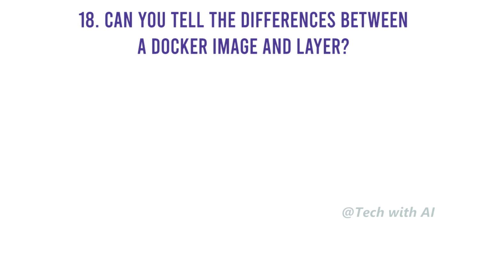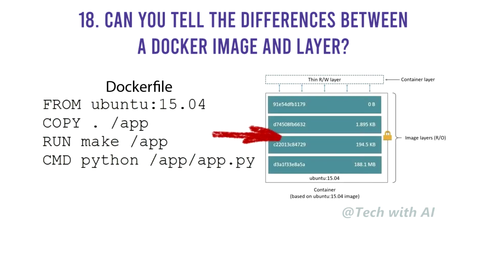Can you tell the differences between a Docker image and layer? Image. This is built up from a series of read-only layers of instructions. An image corresponds to the Docker container and is used for speedy operation due to the caching mechanism of each step. Layer. Each layer corresponds to an instruction of the image's Dockerfile. In simple words, the layer is also an image, but it is the image of the instructions run.